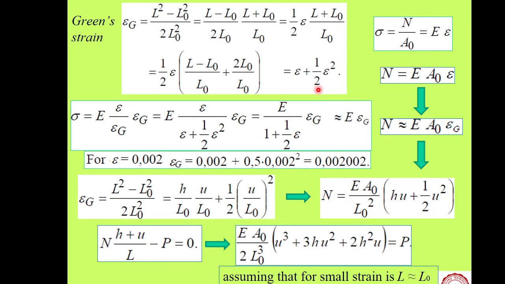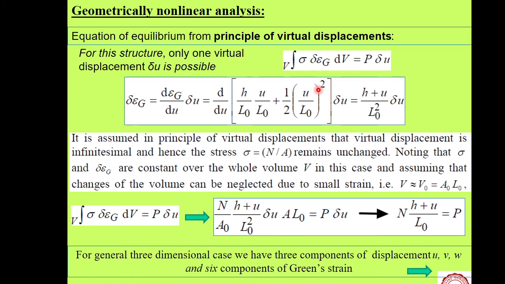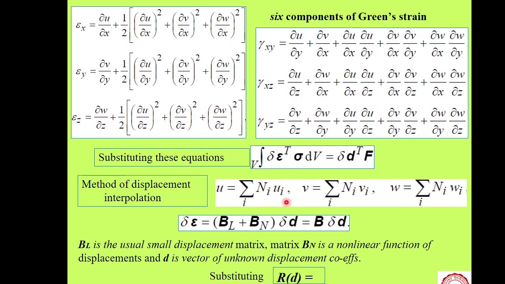So the basic idea is that in geometric nonlinear analysis, instead of our linear relationship of strain and displacement, basically we use this form of equations. Now you understand, substituting these equations in our stress strain relation, we cannot derive that simple type of equations of equilibrium, right?